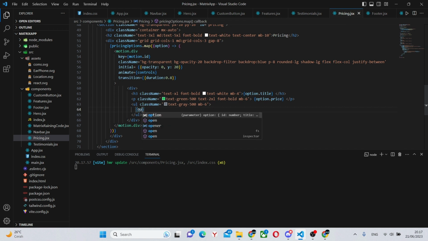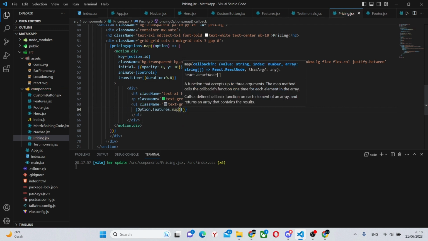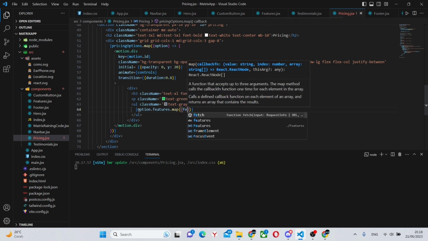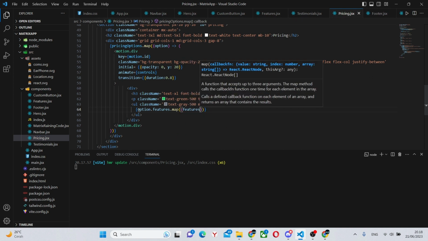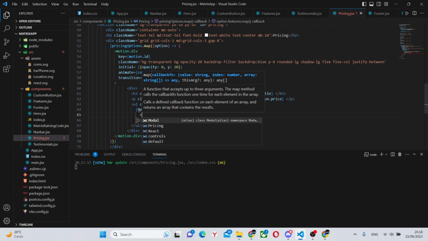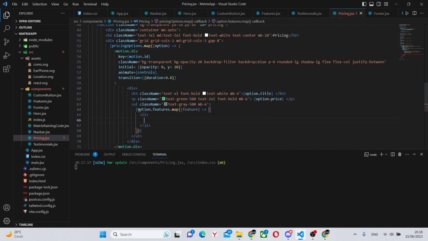So we'll have option.features.map feature, like this, and instant return with an li. This li will have a key of feature, so key equals feature, and we'll have a class name of mb-2. In here, we'll have a feature.